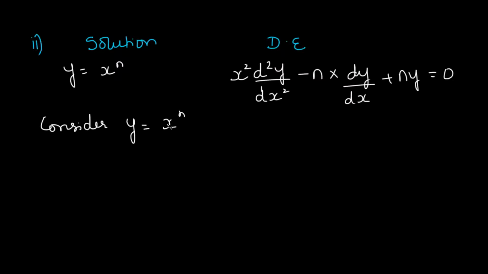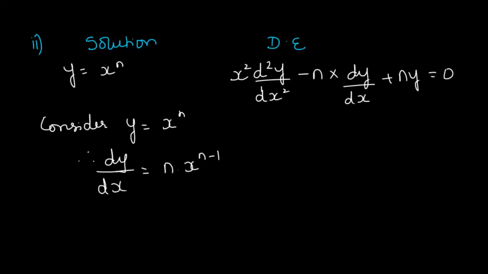Now observe what all we require. We require dy by dx. We also require the second order derivative, that is d2y by dx2, which can be obtained by finding the derivative of dy by dx. So first we find out what is dy by dx. So from this we get dy by dx is equal to, now this is the formula, isn't it? The derivative of x raised to n is n into x raised to n minus 1. So dy by dx is n into x raised to n minus 1.